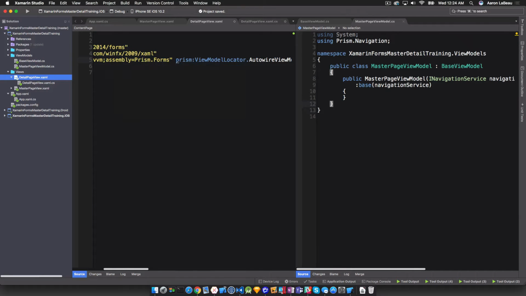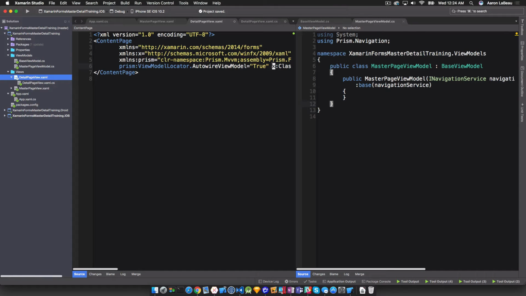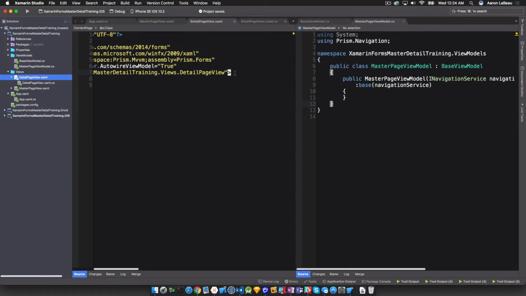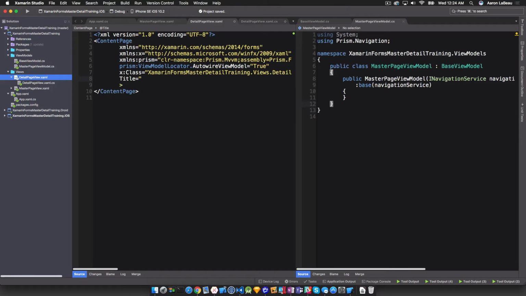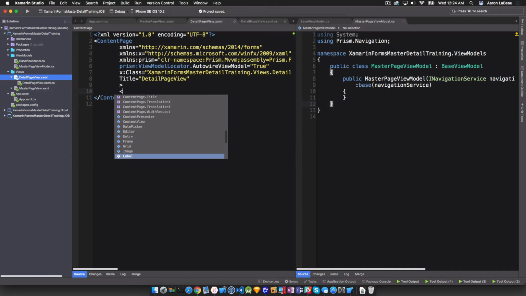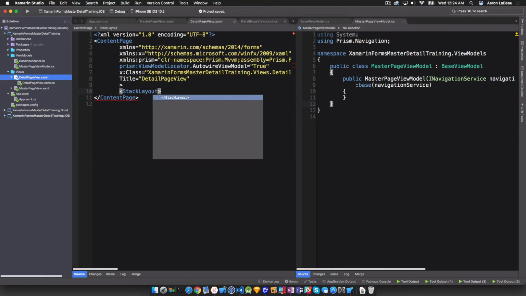And our auto wire for our view model, and then our class that we're actually using here. And this will be our class definition. I like to just get these all done now so that I can see them for later. Like I said before, we're going to add a title in. That is just something I've gotten used to from prior versions. I'm not sure if this is even still an issue anymore, but I just know it. If I put it in, it never causes problems, and in the past it has caused problems when it was missing. So developer 101, you remember that and make sure you do it all the time